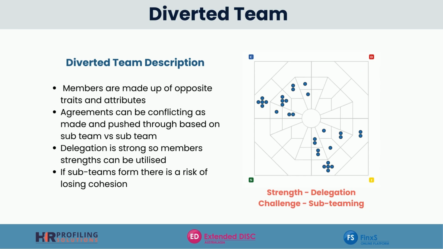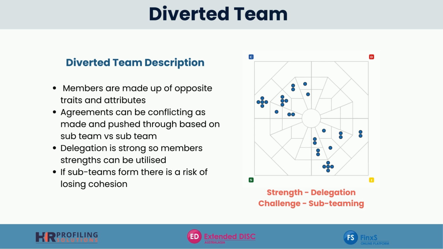Okay, the last team type is the diverted team description. This is where it's made up of opposites, really, and opposite traits and attributes. So the agreements can be conflicting, as they're more pushed through based on sub-team versus sub-team. In this situation, it might be those, I keep saying Ds, but I shouldn't, before a team role, but